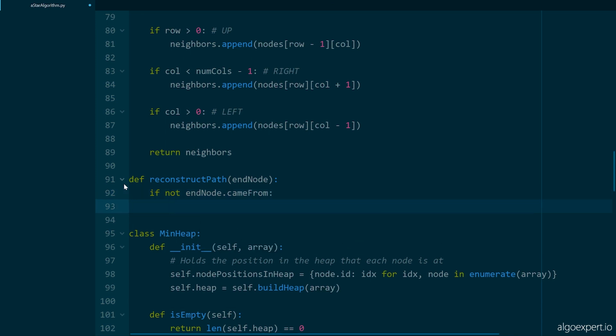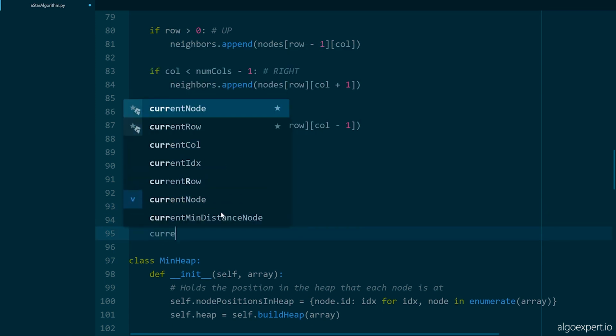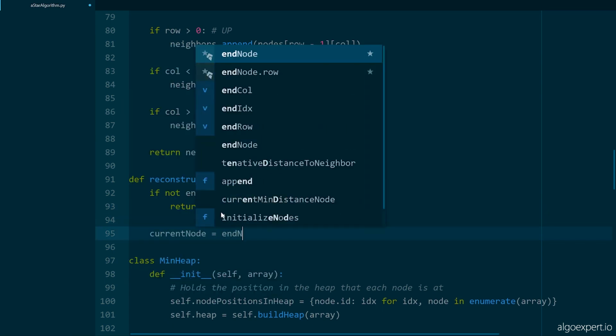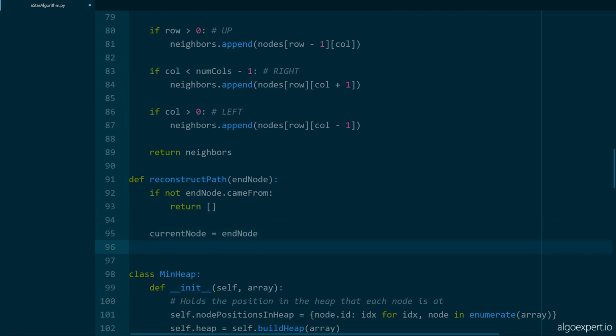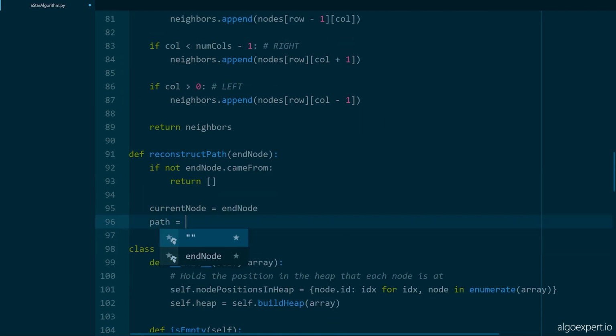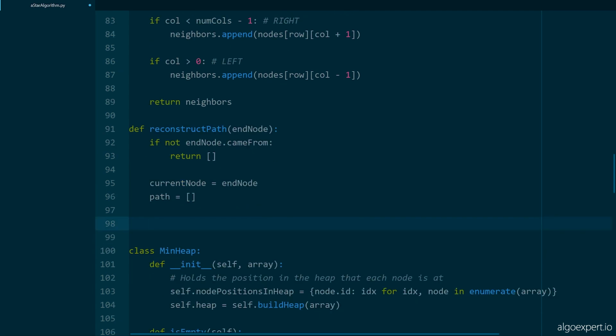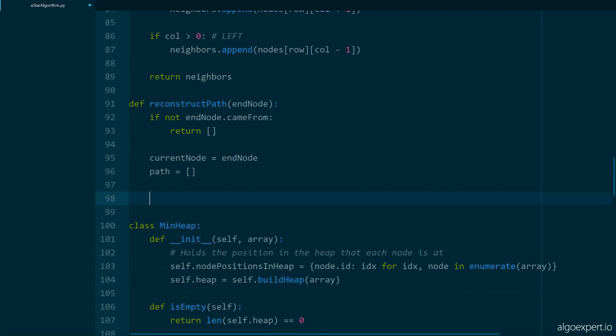Pretty much this is checking, hey, do we have a node that we came from on the end node? If we don't, that means there was no shortest path, and we need to return an empty array. Next, we're going to say current node equals end node, and we're going to set up a while loop as well as a path variable, so path equals blank path, that will start reconstructing this path and traversing backwards,